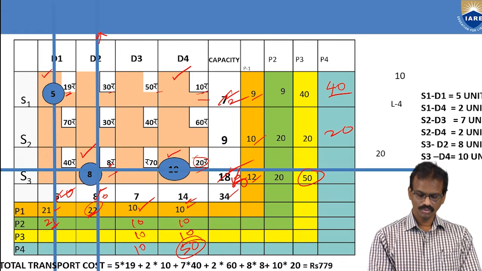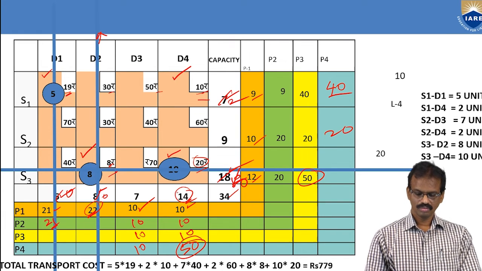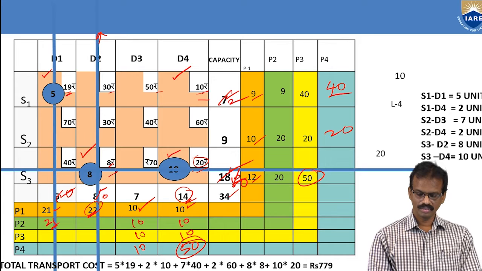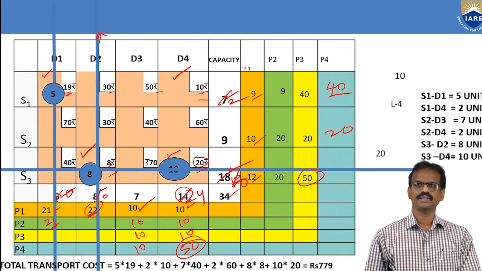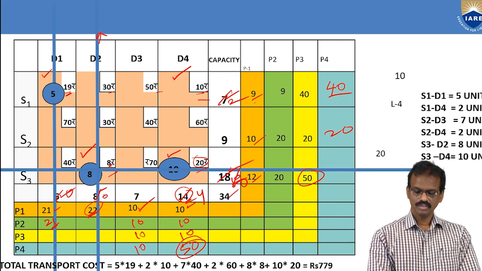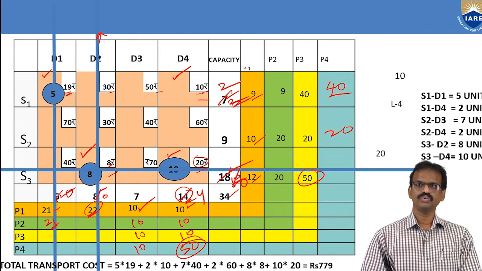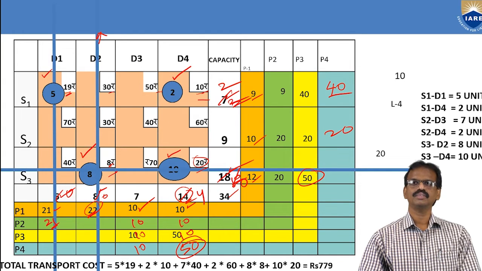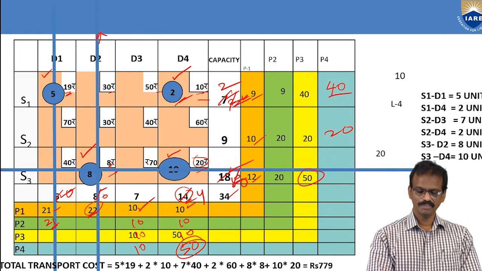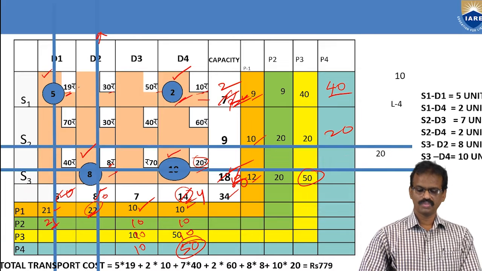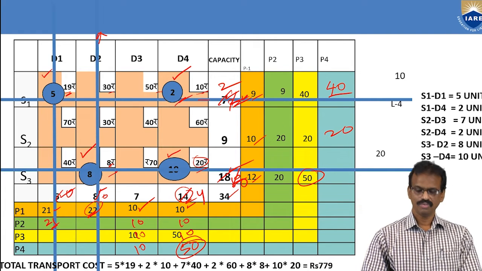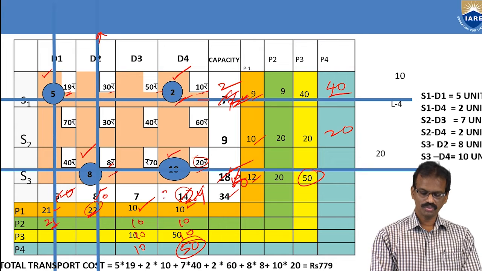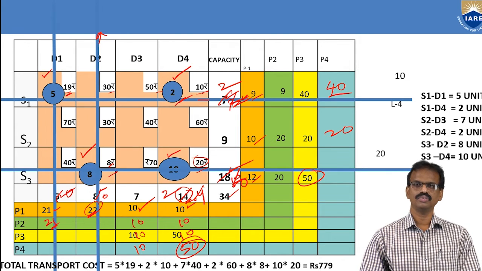Okay, for the allocation, there are two values. One is the 14. Here we are already given 10. So the remaining value is equal to 4 here. Okay. So this is the 4. This is the 2. Remaining value is equal to 2 here. So 4 and 2. Which value do we have to allocate? Minimum value. So 2 have to allocate. Okay. Here we have to allocate 2. If you allocate 2 here, this 2 will be cancelled. The total row will be cancelled. Okay. If you allocate 2 here, remaining value is equal to 2 here.